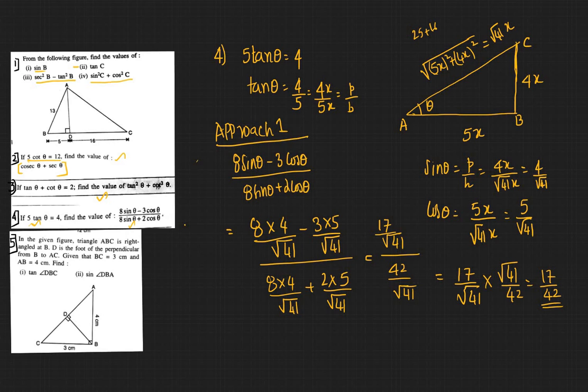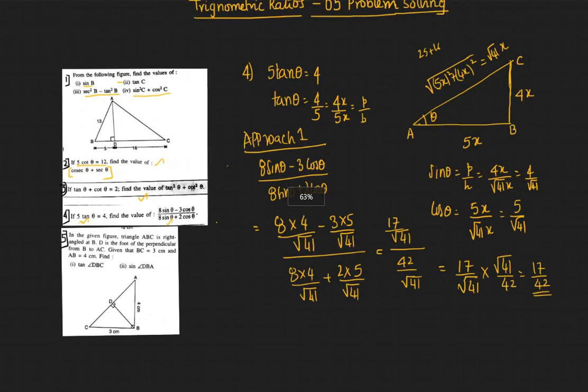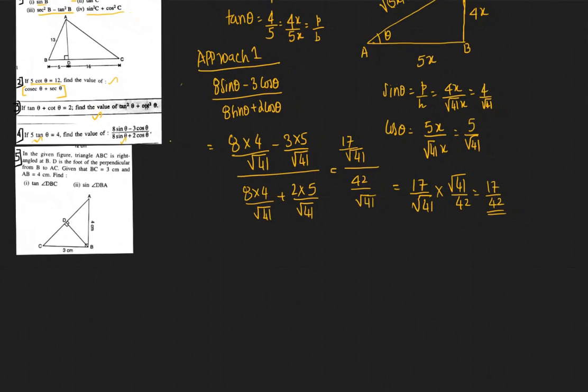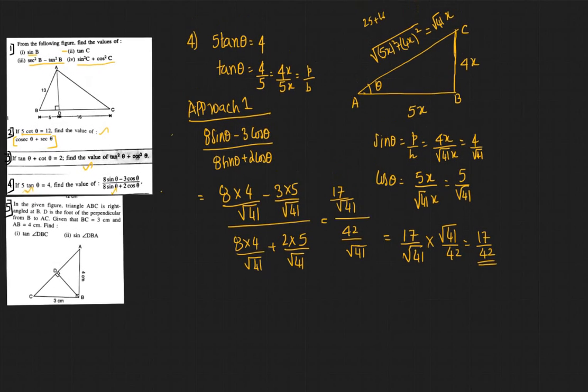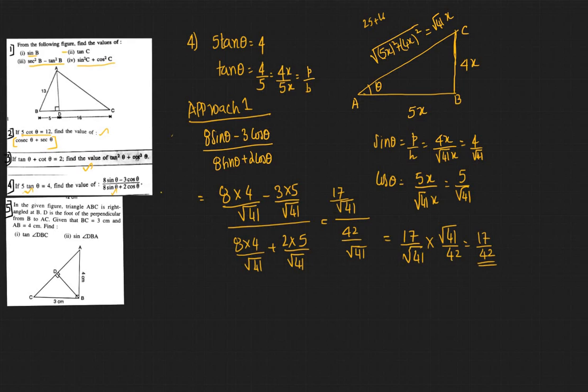Now there is a second approach which could be a little bit more interesting, and let's try that approach as well. So in this approach, what we do is we look at this pattern, the sine and cos, and if you have a pattern like this, you can divide the numerator and denominator by cos and eliminate cos and make sine by cos into tan. So let me show you what I mean by that. So approach 2